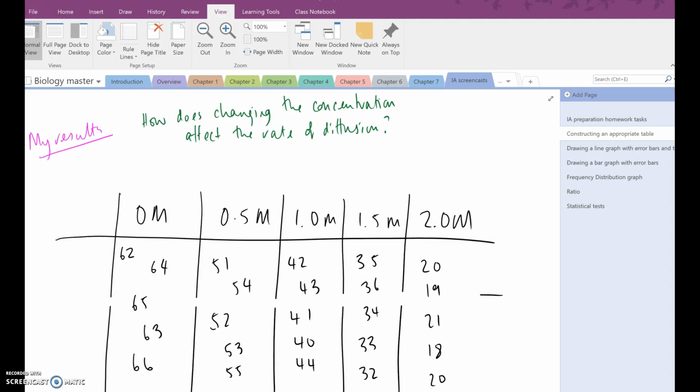In this recording, I'm going to talk you through how to make a perfect table in Excel. So let's say you've been doing a practical and you've just scribbled down your results as shown in this table here. The practical was: how does changing the concentration affect the rate of diffusion? Now there are a number of things that are obviously wrong with this particular table, most specifically this, because